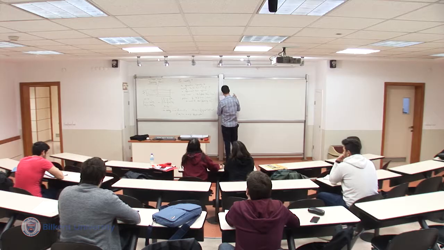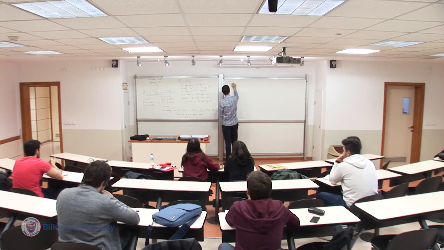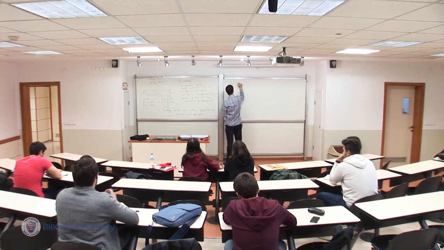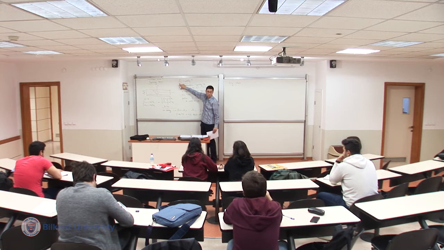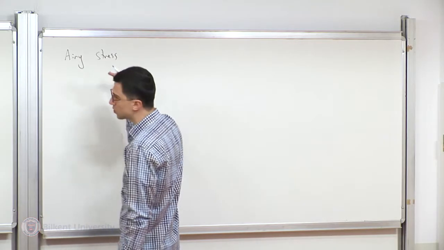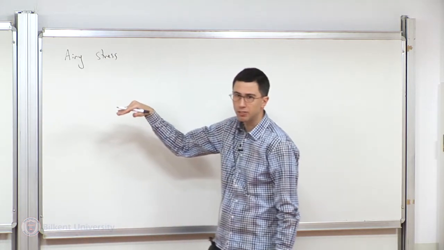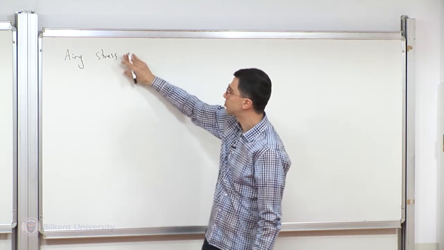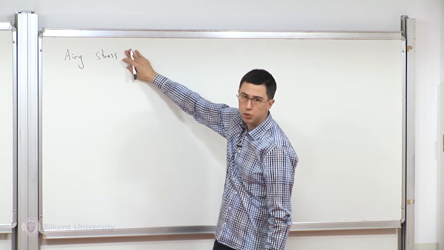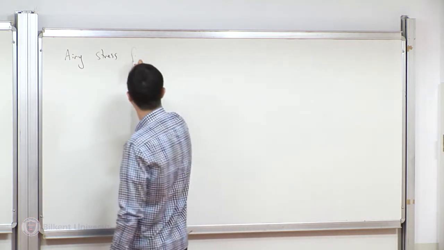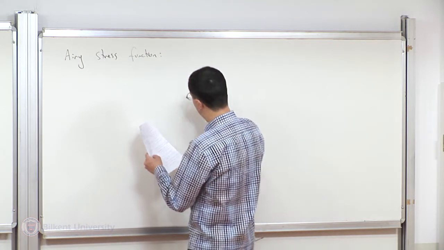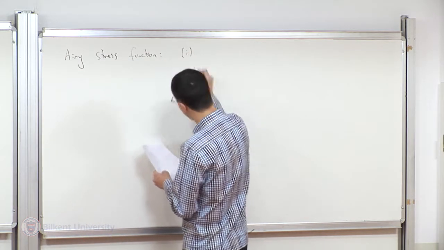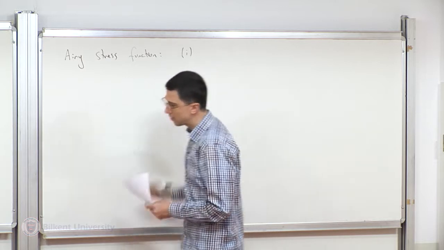So we have made a few observations. So now we know that the starting point is to come up with a problem-tailored form for the area stress function. That was the concept. So our first approach in a displacement-based setting would be to say something about the displacement. And now our approach is to say something about the area stress function. And there are two particular things that I'd like to remark. The first one is that